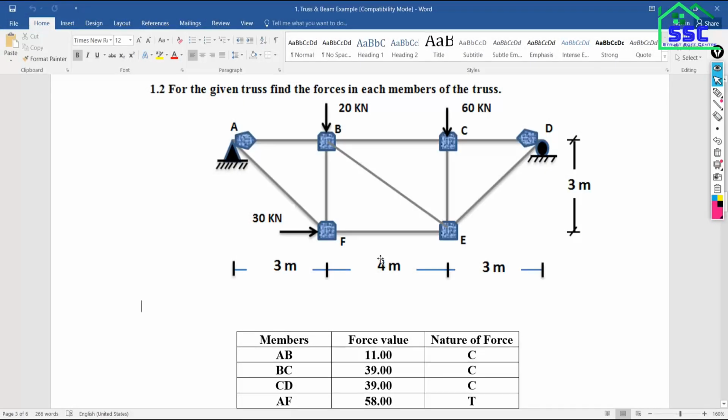Okay, so we will continue from the last session, and we have to model this truss again and verify the forces in the members of the truss. This is the manual result, and we have to verify this manual result with the ETABS results. That's the thing we did in the last session. The same thing we have to do again, so that you will understand the procedure again and again, so that it will be easy to practice.